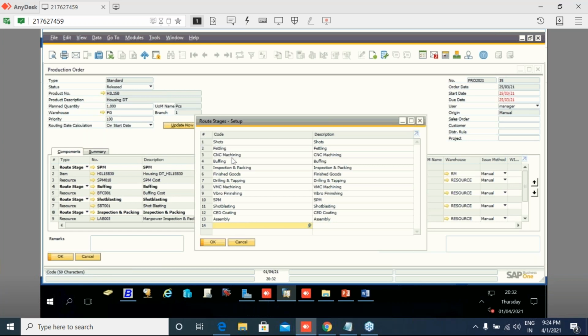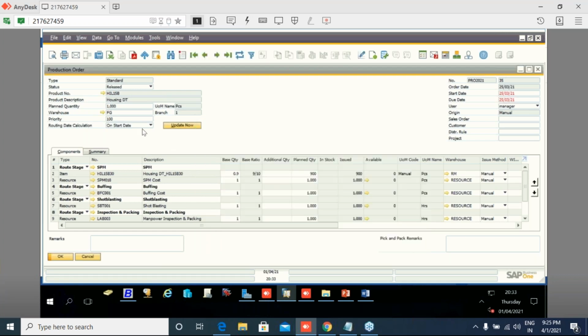First one is shorts, padding, CNC machining, buffing, inspection and packing, finished goods, drilling and tapping, VMC machining. We have defined here, from the starting point from shorts till assembly, all our stages in the route stage, and accordingly we have created our BOMs, and automatically it comes in the production order module.